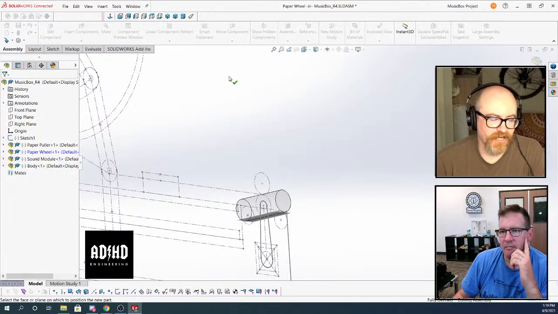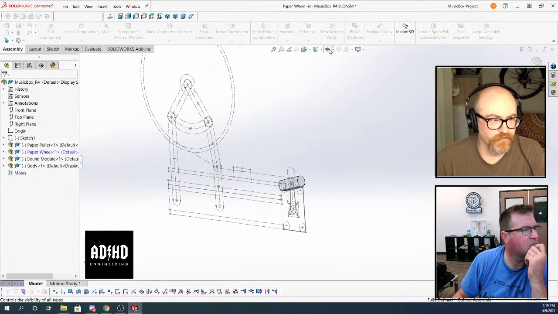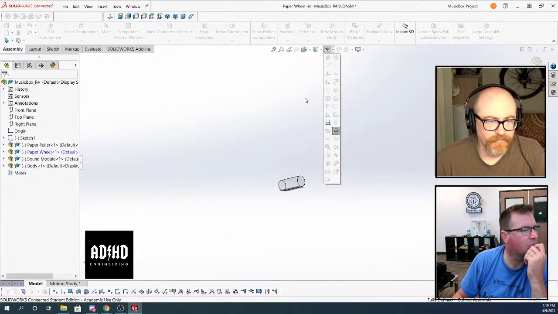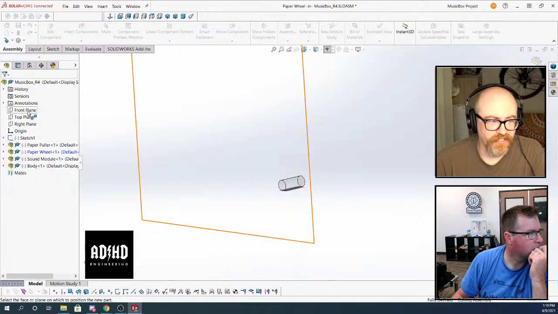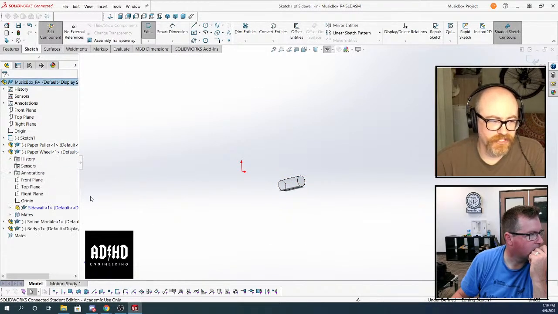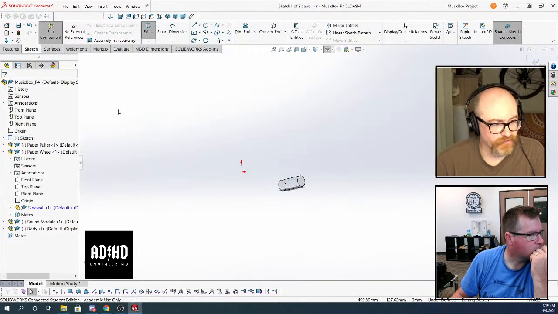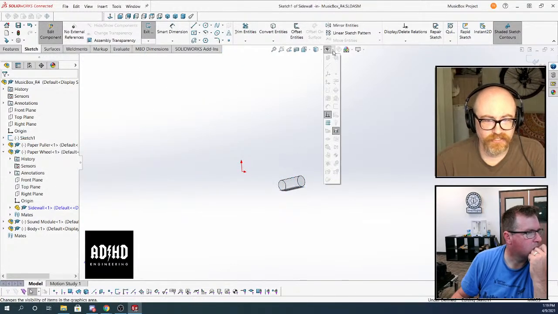So my approach, which by the way does not exist in this version of SolidWorks Connected, is actually to design the entire thing as a part, a single component, and then doing a save bodies feature to create the assembly, and then applying mates, all that stuff. But that does not exist in SolidWorks Connected, or at least not in this version. So we can't even do it like that.